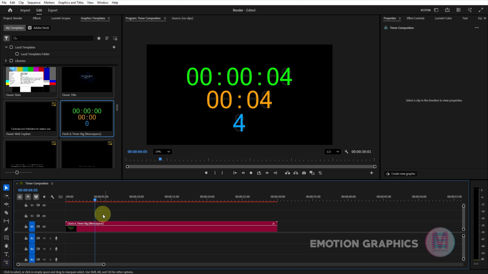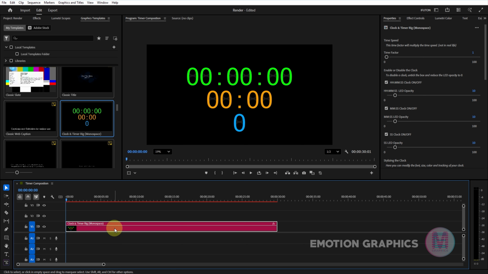It's just getting time data from the timeline. On the 5th second of the timeline, it will get the 5. On the 10th second of the timeline, it will show the data 10. So how can we control it? Speeding up, speeding down the time. So selecting this layer,